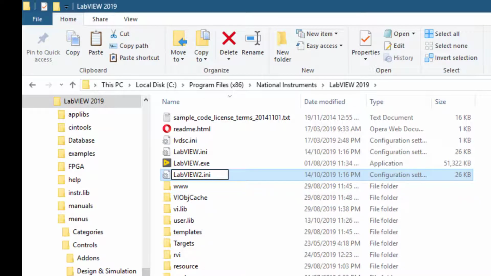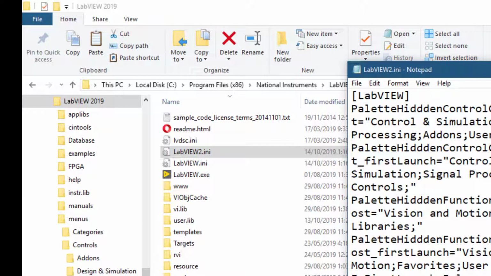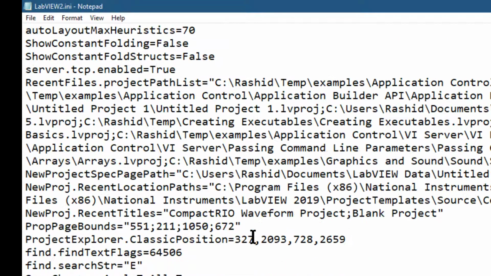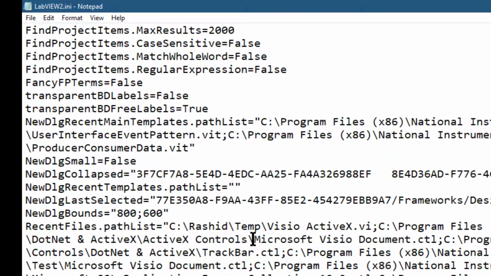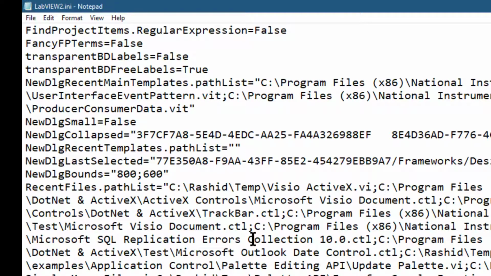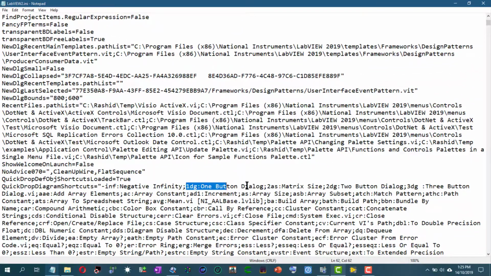Let's edit it to include something to show that we are using this ini file. Let's launch it. Let's go to where it is saving the quick drop shortcuts. So let's create a new one. Let's suppose we want to create a new one. Let's copy this one and insert it here,